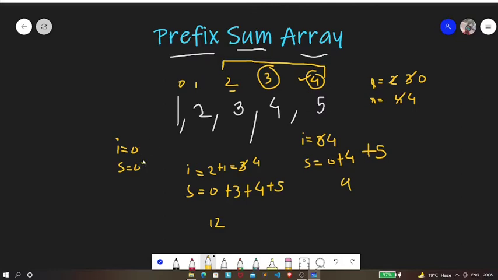We will be adding 1 to it, and then we are going to increment I by 1 and add 2, increment I by 1 again and add 3, increment I by 1 again, so it will be 3, and we'll be adding 4. Again we will increment I by 1, so it will be 4, and we'll be adding 5. And thus we'll be summing each and every element present in this array, when L is 0 and R is 4.